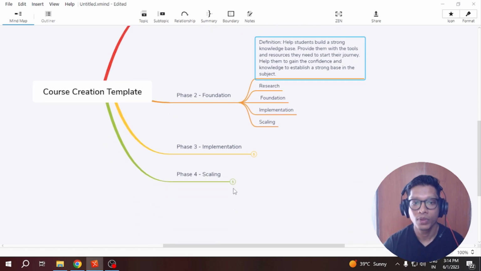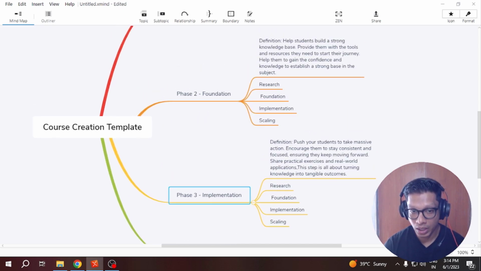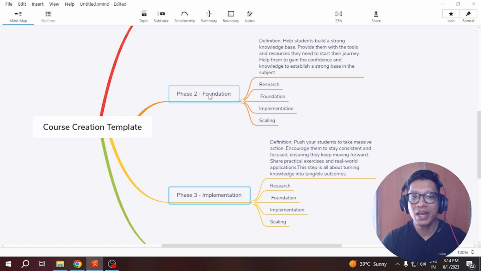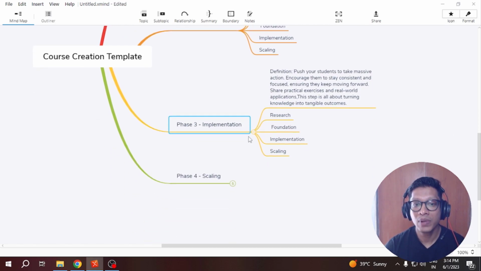Okay, now the third thing is all about implementation. When you have helped someone build a strong base, strong foundation, when they know which is the right diet for them, which are the right workouts for them, what kind of rest and how much rest they need to take, then we help them with implementation. Now, by implementation, that means here you will help them go to the gym regularly, eat right regularly, have the right habit, which helps them build their muscles or reach their goals faster. And here you help them stay consistent with their effort.